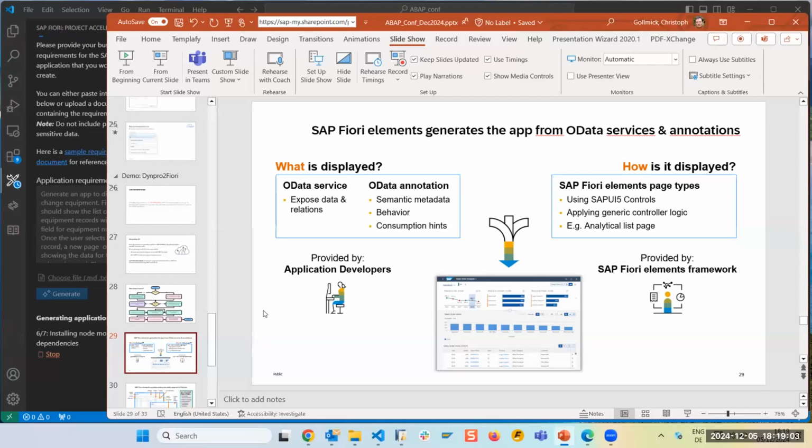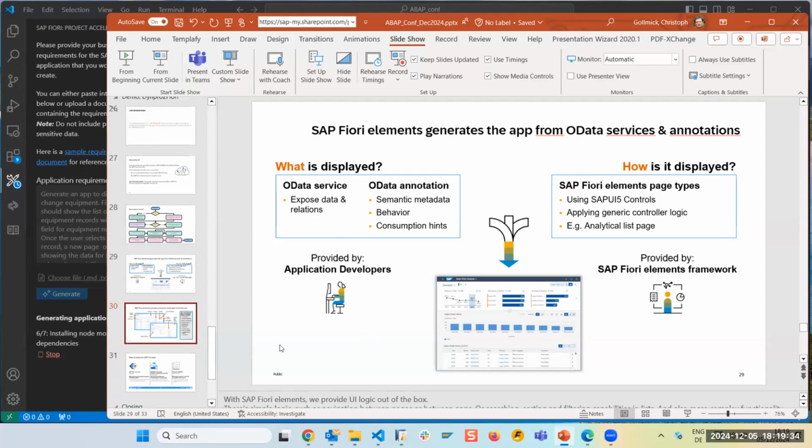If you do it in ABAP, you create a RAP service, and it exposes it as an OData v2 or OData v4 service. And then you also need UI annotations to describe what you want to see on the screen. And if you did that, then the Fiori Elements framework uses the UI5 controls and all the generic controller logic to create an app for you, so that you get, for example, this list report object page, which you saw before.